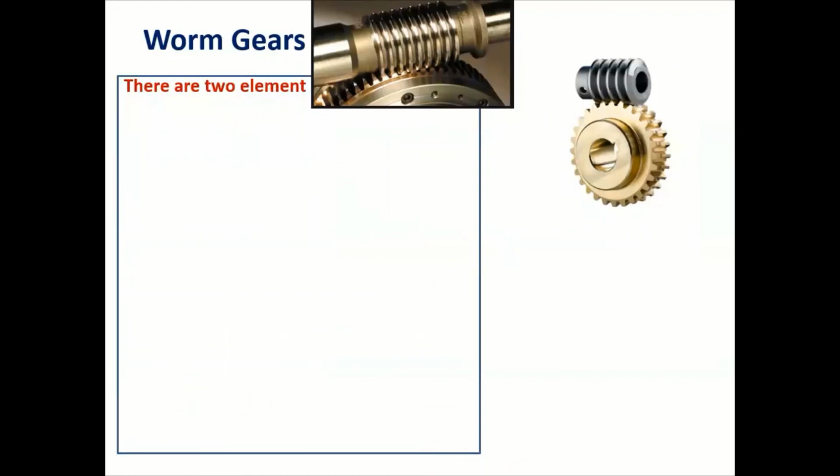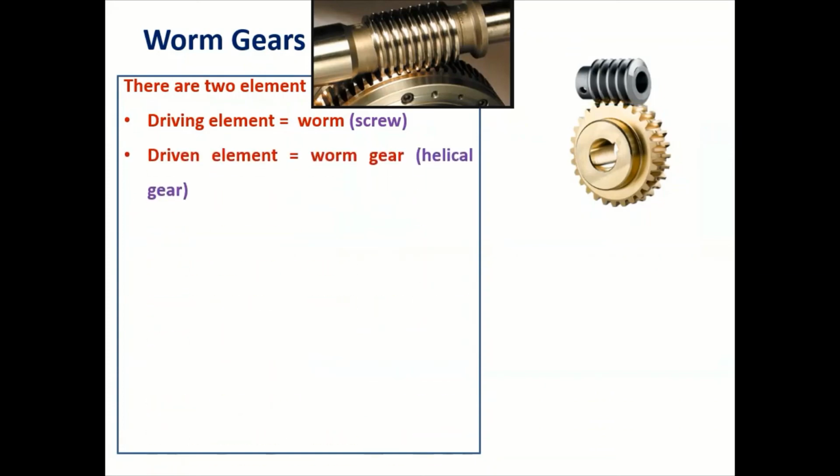Then the worm gear. There are two elements here. The first is the driving element, which is nothing but the worm, which looks like a screw, and the other one is the driven element. The driven element is nothing but the worm gear, which may have a helical gear there. Here we can transmit the power. You can see in this case both axes, the axis of the worm gear and the axis of the worm, which looks like a screw, are non-intersecting with each other,